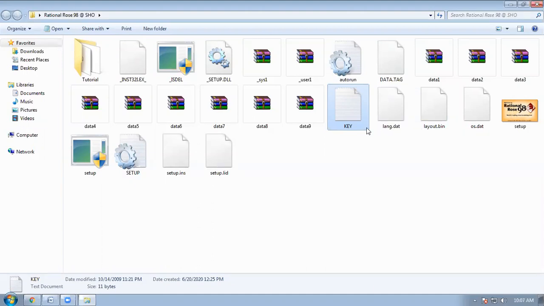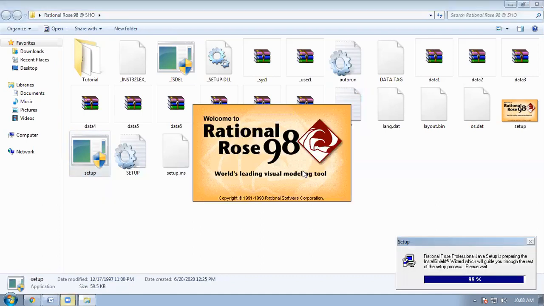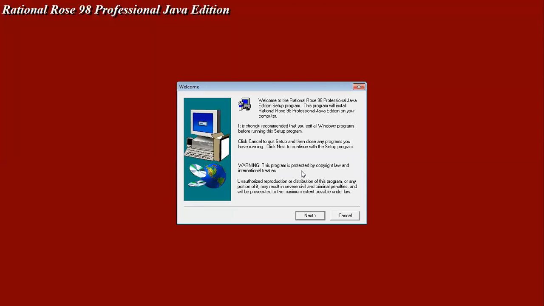and in this folder we have found that there is a .exe file that is a setup file. So we double click on it. When we double click on it, there is an option to install that particular software. So we click on yes. After clicking on it, there is an option asking if you want to install this particular software.